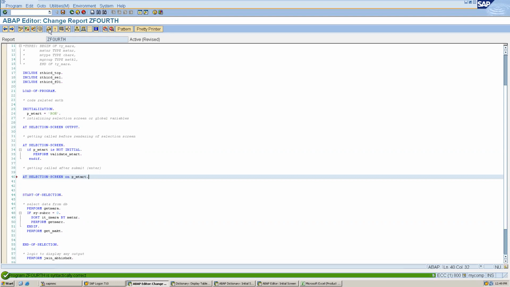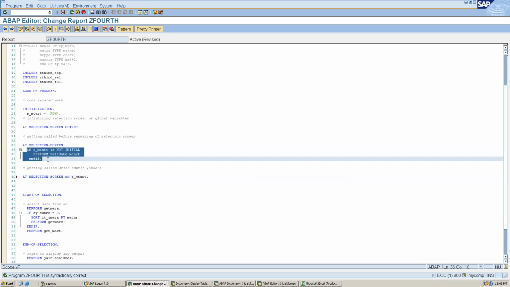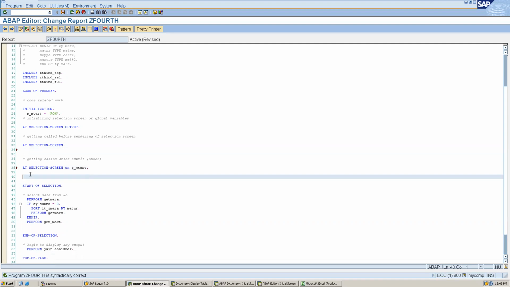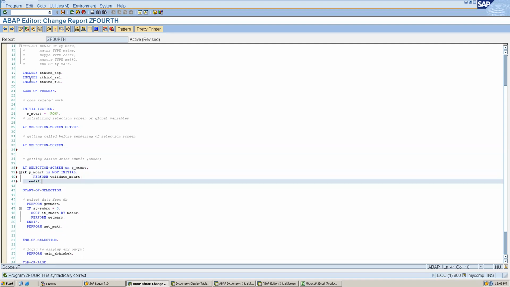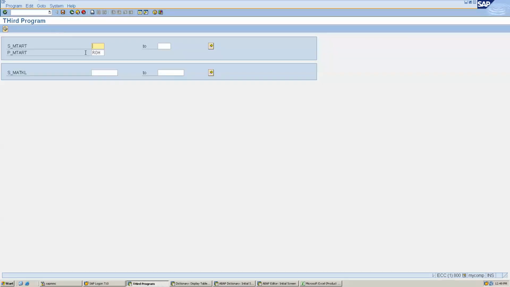Any syntax error? No. And this code, let's put the validation here. Activate this and do F8. Now let's validate this one.